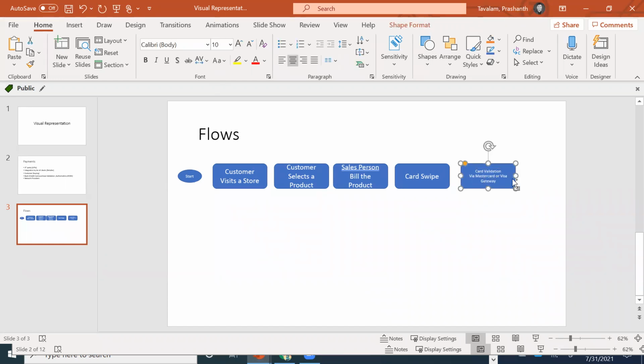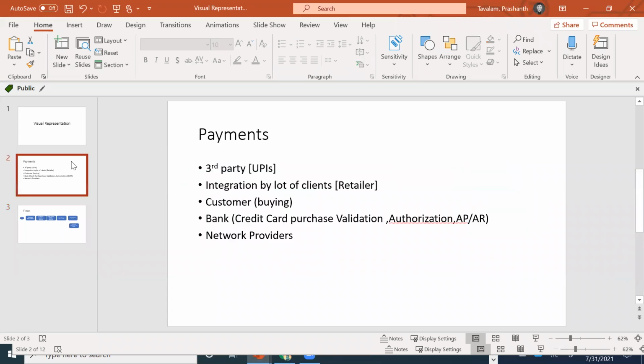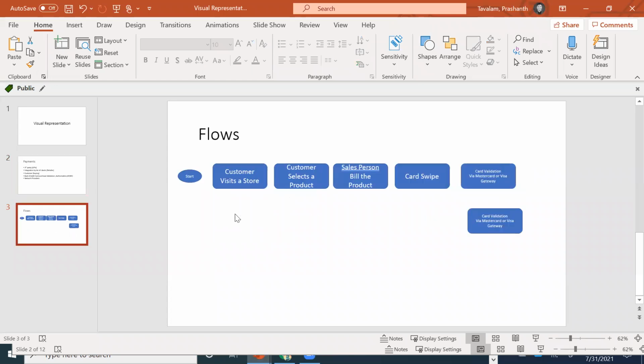And then what happens after this? Validation, authorization, yes. Purchase authorization.